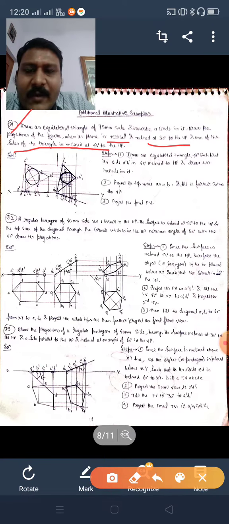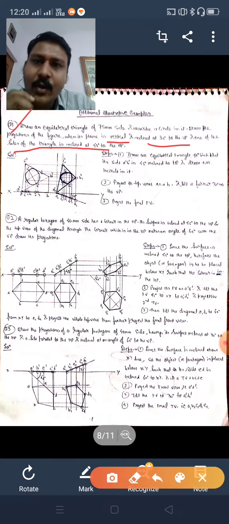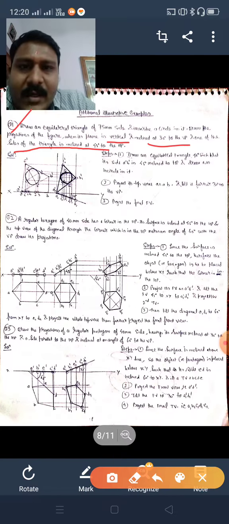If one inclination of the plane is given and another inclination of a side is given, then the first inclination will be of the plane and the second inclination will be of the side. This you all know. By seeing the question, it is clear that the first inclination is 30 degree to VP, means below XY line, so you have to draw the object above XY line. The second inclination is 45 degree to HP, above XY line, so definitely the object will be there only. In both the cases, our conclusion is correct that the object is above XY line.